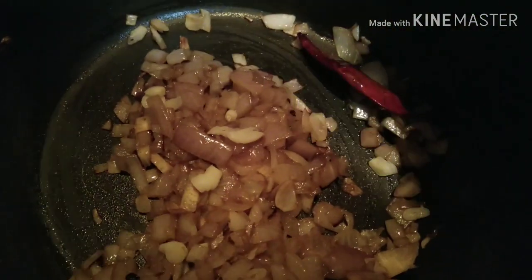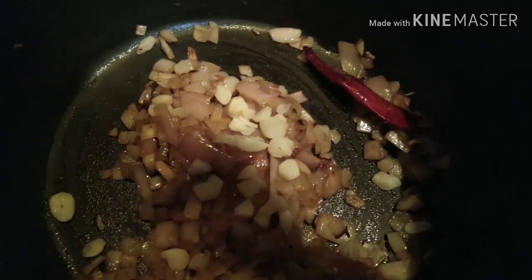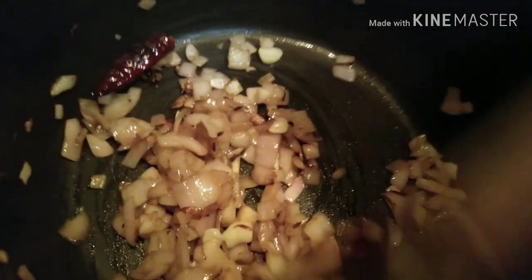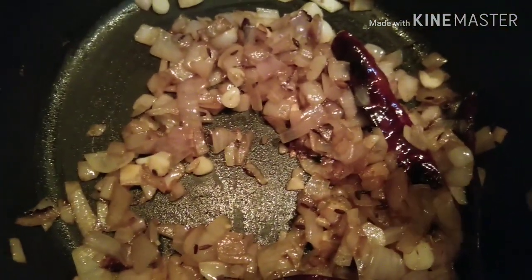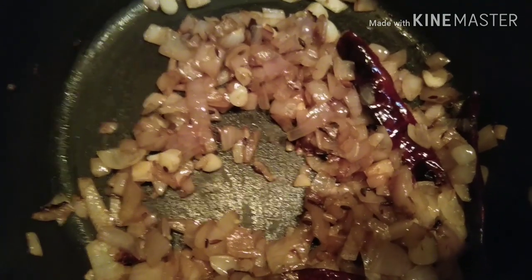I've been stirring this well now for about 3 minutes on medium flame, and as you can see, the onions are about to become soft and about to change their color. So at this point of time, I'm going to add 6 cut garlic cloves. I'm now going to stir this well for another minute. After frying it for another 1 minute and for a total of 4 minutes after adding the onions,